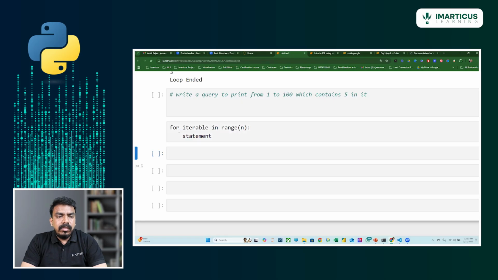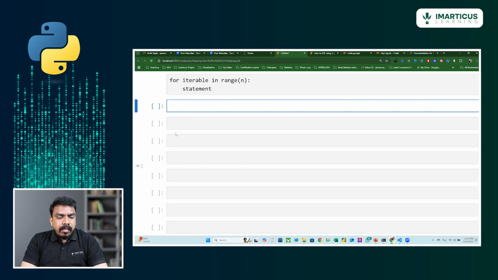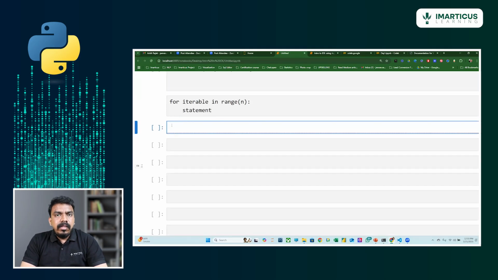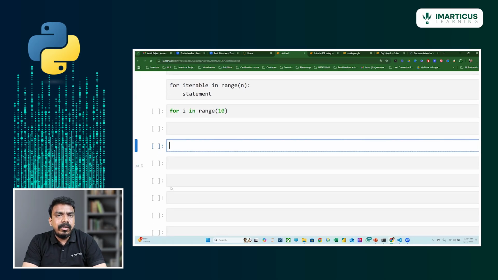So let me keep it in a raw file. Now let me perform some basic operations. For example, let me print from 1 to 10 using a for loop. What I can do is write for i in range of, and if you write just 10, what does it mean? Range of 10. Range takes two arguments, one is the minimum and the other is the maximum. Always make sure that range takes a minimum value and a maximum value.